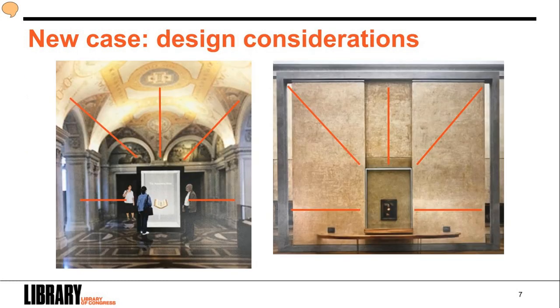In the image on the left, the designer showed his vision for the case, drawing similarities between this approach and the situation of the Mona Lisa at the Louvre. Both rely on lines of perspective and symmetry related to the prominent architectural framing that surrounds each object. His argument for this radical departure from the old case aesthetic was to celebrate and focus attention on the iconic